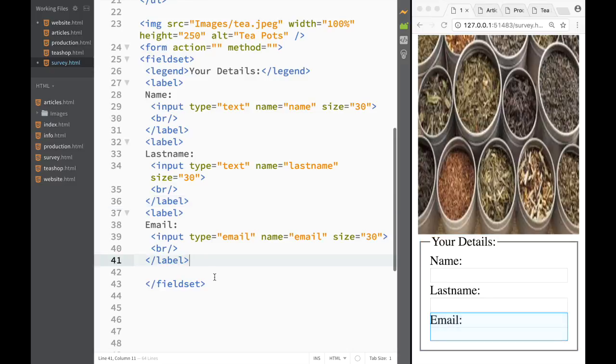So moving along, we can create another fieldset, right? Because this would be our details. But the next thing, let's create a fieldset that would be dealing with a review of how the person would find our